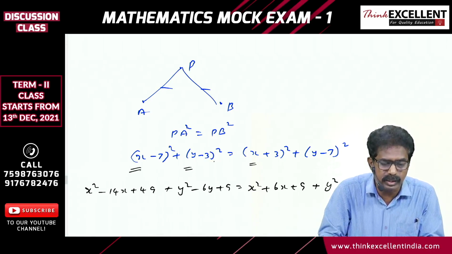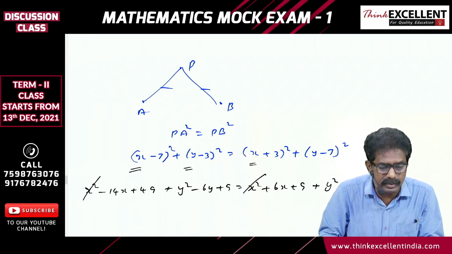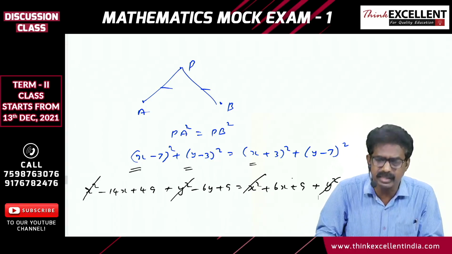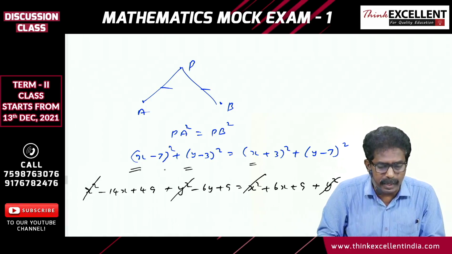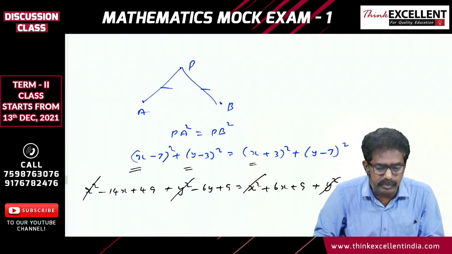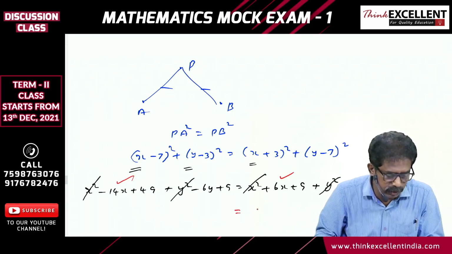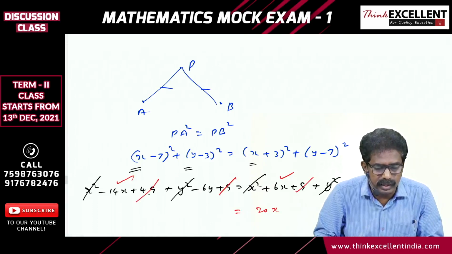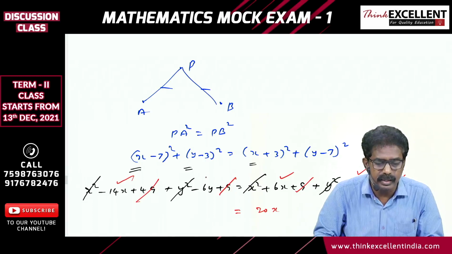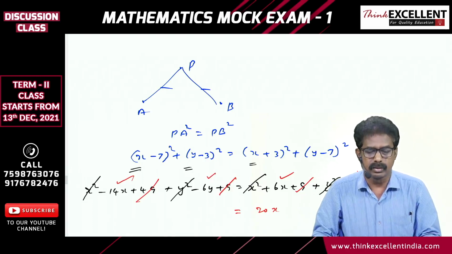In such questions, both the sides x square cancel, both the sides y square cancel. First itself, while writing itself, if you want, you can leave it, okay? But proper practice is important. So x terms you combine, 6x plus 14x, you bring together, so 20x. Y terms, here also this 9 cancel, right? 49 cancel. This minus 14y, bring it to the left side. Here minus 6y.